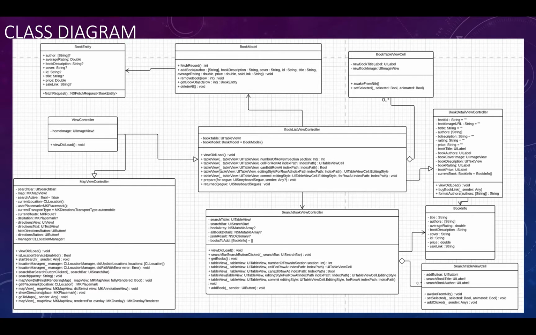This is my class diagram. As you can see, the home page is the view controller. So it all starts with the view controller, but it divides up into the map view and then the book list view. To start with the map view,